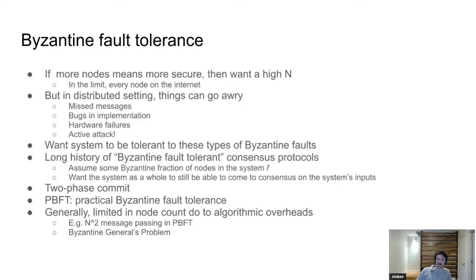This is coming out of the academic literature, but the idea is that if we have one of these consensus protocols running, we want to make sure that it's tolerant to any arbitrary failure that could happen. There could be a bug, a node could be acting incorrectly or dishonestly. Whatever happens, we want to be sure that, at least on some time scale, eventually you get to the place where a majority of nodes have the same view. If not, then there's a consensus failure, and our protocol is broken.